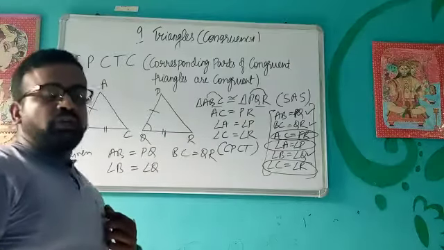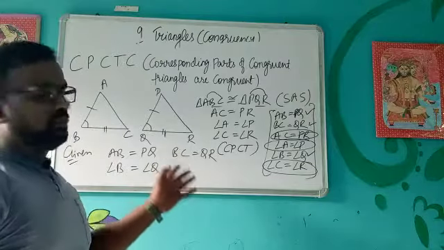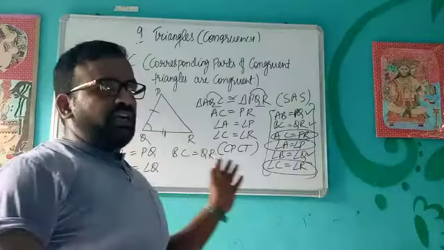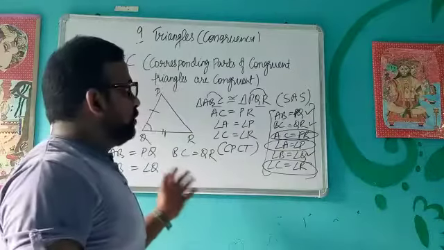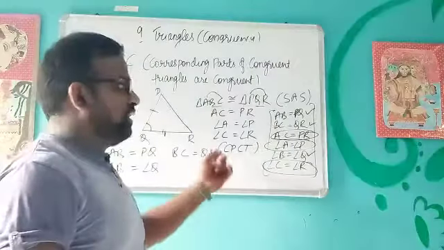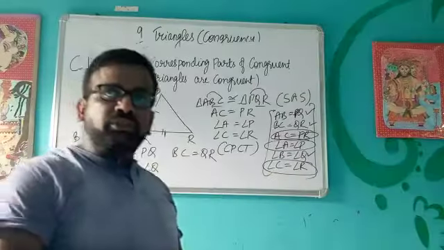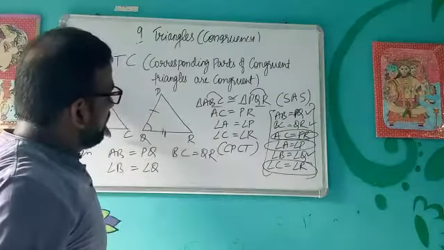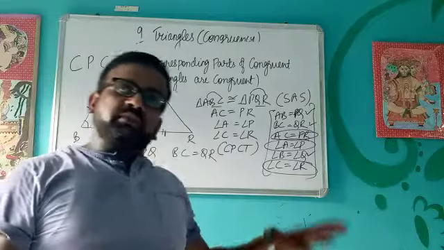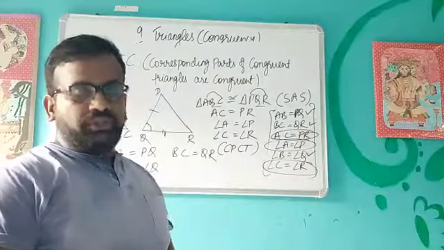So whenever you prove two triangles as congruent to each other, then the remaining dimensions, whatever is left, whether the sides are left or the angles are left, those corresponding sides and corresponding angles become equal to each other by this criteria that is known as CPCTC. In short, we write CPCT. That is why, whenever I said that two triangles are congruent, when you cover these two triangles and they completely overlap each other, that means they are congruent to each other. That is why the remaining sides become equal to each other.